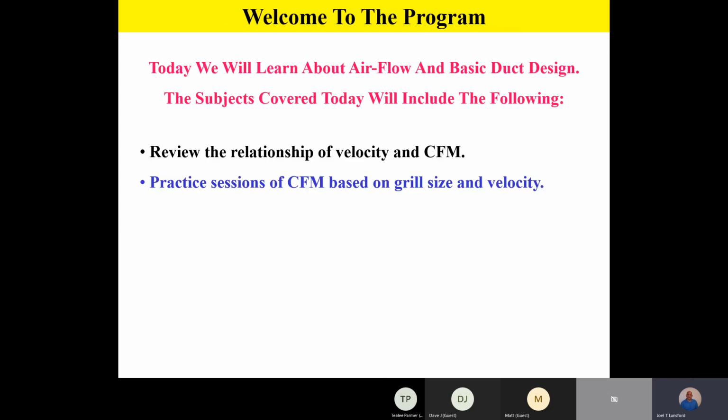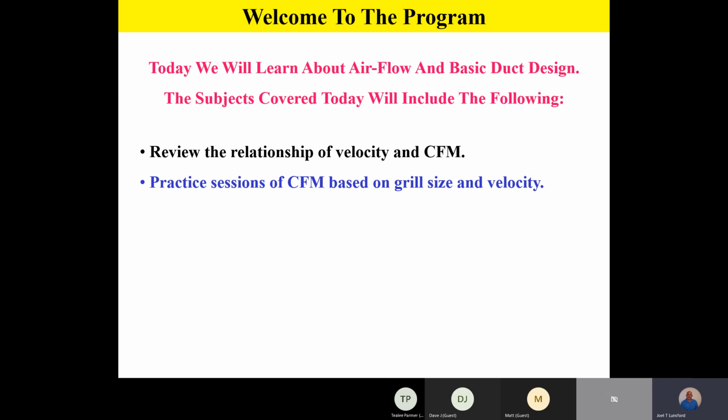So today we're going to be learning about airflow and basic duct design. Some of the subjects we're going to be covering today specifically will be the relationship of velocity and CFM. And then we'll do some practice sessions of CFM based on grill size and velocity. So we're going to ask at this time, either take out a handheld calculator or take your iPhone or your smart device and go to the calculator function, because there's going to be some simple calculations we're going to be doing when we start looking at velocity and